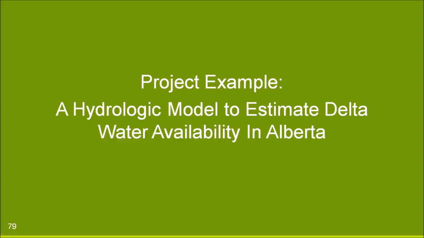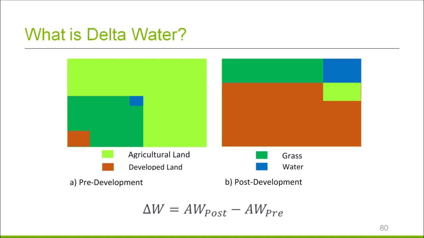The last example I want to provide is development of a hydrologic model to estimate delta water, and I'm going to explain delta water in a moment. So I want to explain this by two different scenarios. Think about a big chunk of land where we have agricultural land, and then grassland, probably some water, and maybe some development land like roads or maybe a small paved area. Now, if we wanted to develop this whole land and make it a sort of urban development or industrial development or commercial development,